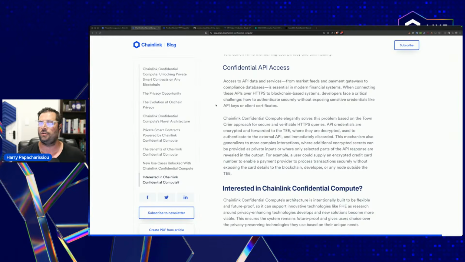You can do all those kinds of things in a privacy-preserving manner, where the request or API keys or secrets that go into these requests can be kept private from the CRE network itself, obviously private from on-chain, etc. But not only that, you can also take the response that's given back from the API and have that remain private too. You can actually have that encrypted using a special AES key, which I will go into in a minute. So this unlocks all kinds of interesting use cases